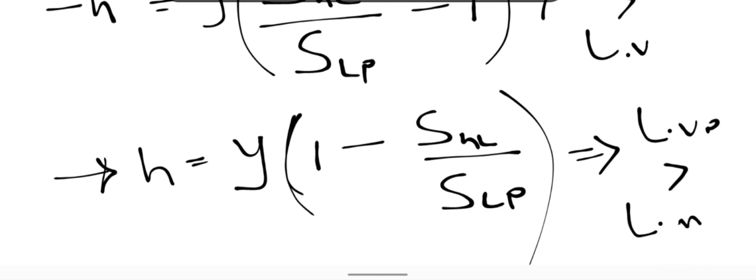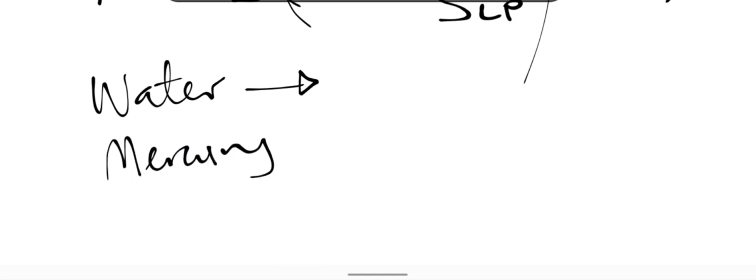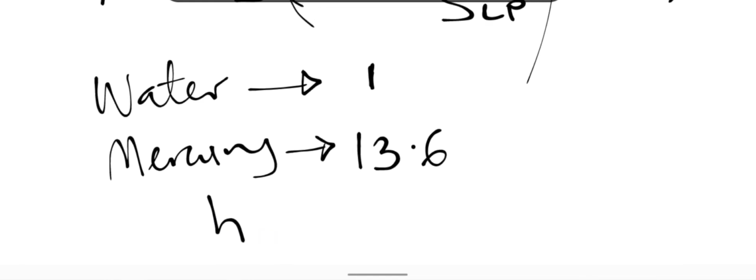So now how do we know which of the two liquids are there? It's given in the question. From the question we are told that it's water that is passing through the Venturimeter, and we are also told that it's mercury in the manometer tube. So water has a density of 1000, so the specific gravity of water is 1, while mercury has a density of 13,600. So the specific gravity of mercury is 13.6. So we can now see that mercury is heavier than water. Therefore, the formula for the height we are going to use is this: